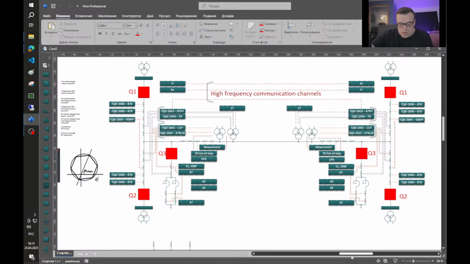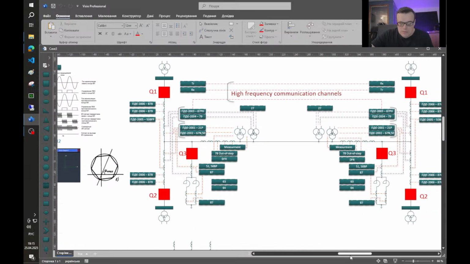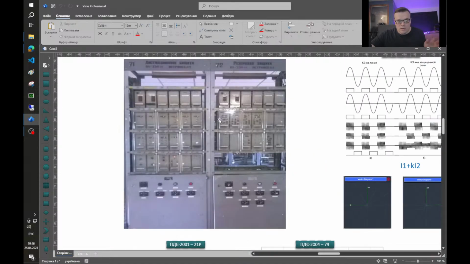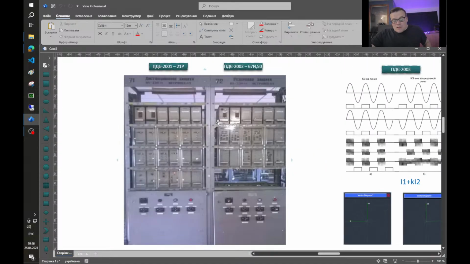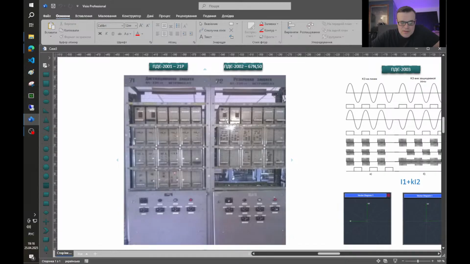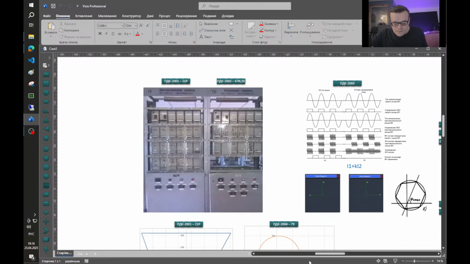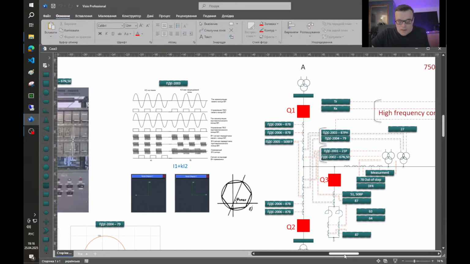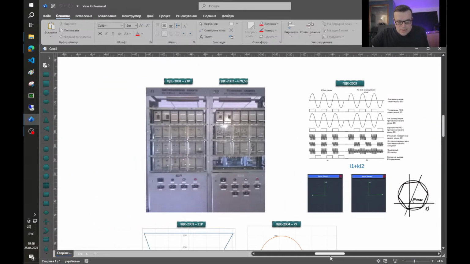We'll also talk a little bit later. So this is what they look like. I can say that this protection is very rare, but it's difficult to find good photos of them. So let's start with